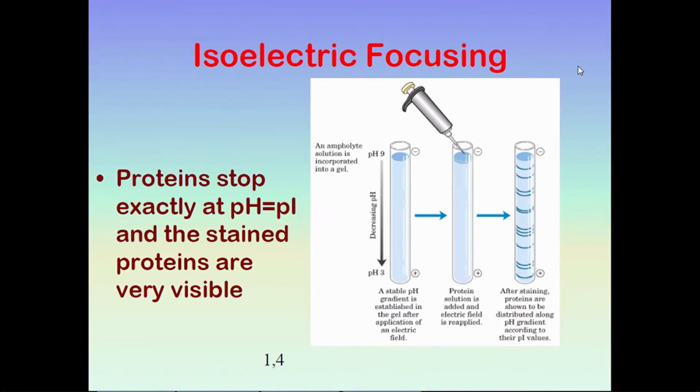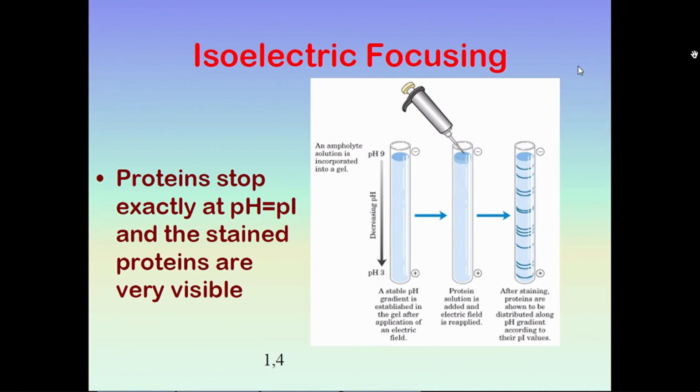But in case you forgot, or in case you did not learn that during CHM 3401, this is how we do isoelectric focusing. So we have to prepare a gel. But unlike the SDS-PAGE gel, which is in a cassette, this one is in a tube. So we prepare a gel in the tube with different pH. The top and bottom have different pH. It has a pH gradient from 9 to 3. At the top is 9, then 8, 7, 6, 5, 4, down to 3.